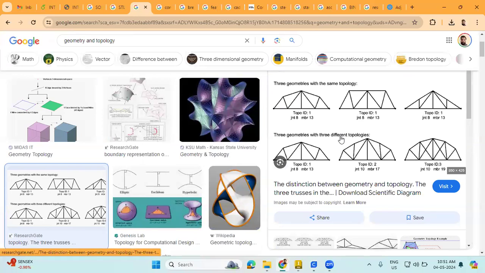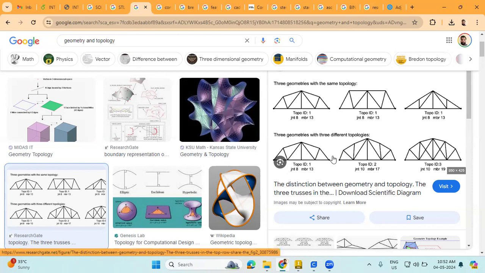Then, next is geometry versus topology. Geometry is a branch of mathematics that studies the quantitative properties of space, such as distance, angle, size, and curvature of figures on manifolds. It deals with the measurement, properties, and relationships of points, lines, angles, surfaces, and solids. Geometry has been studied for thousands of years, dating back to ancient civilizations like the Greeks and Egyptians, and has numerous practical applications in fields such as engineering,